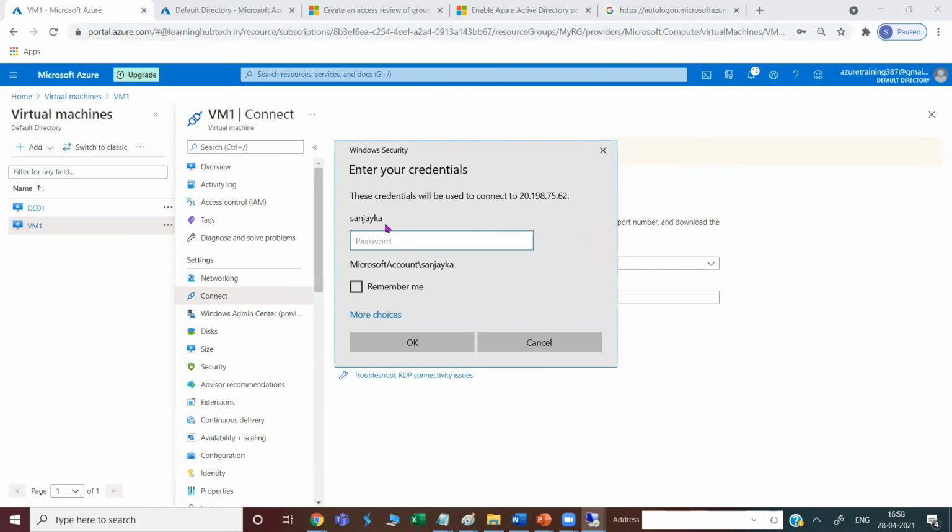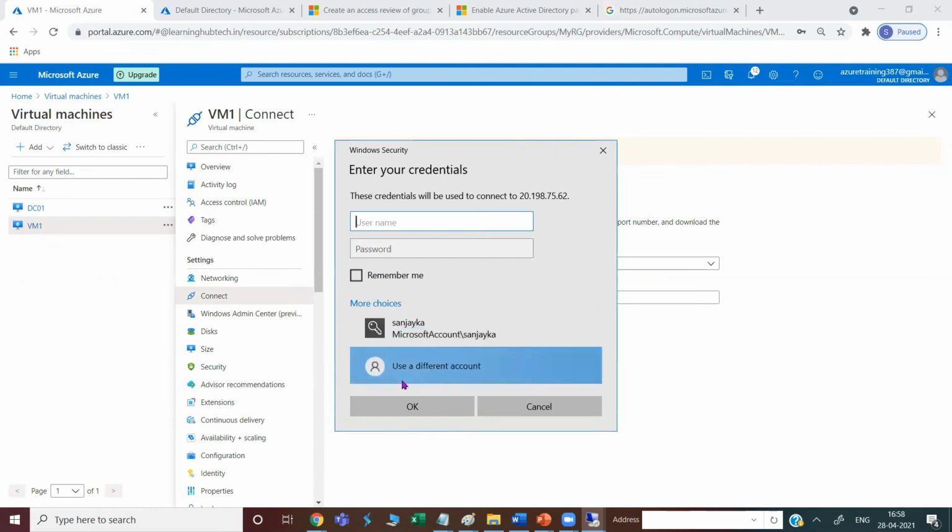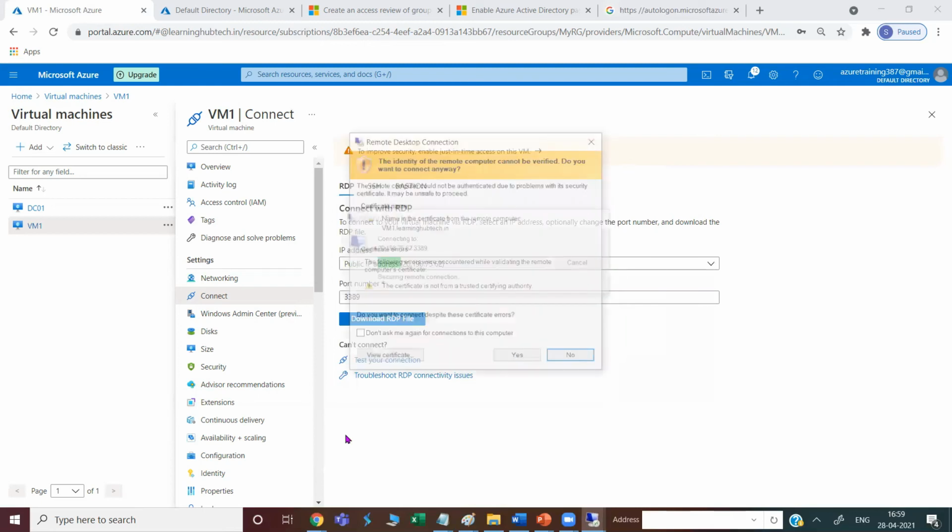So now what I can do, instead of logging in with this account Sanjay KA, you can go to more choices, use a different account. So let's say I'm using Azure admin at learninguptech.in, and go ahead and click on OK.